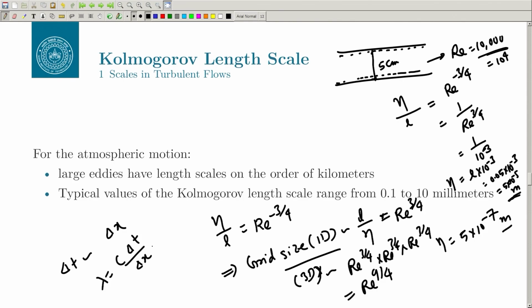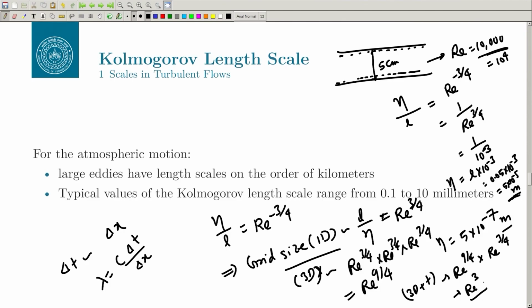So, if you consider the time scale also, so that 3D plus time, it will become Re to the power 9 by 4, and if the time also goes by around the length scale, this is Re to the power 3 by 4, so that will become Re to the power 12 by 4, which is Re cube,